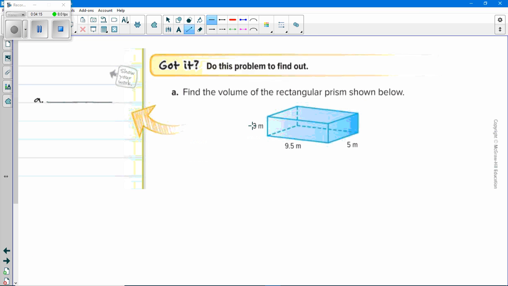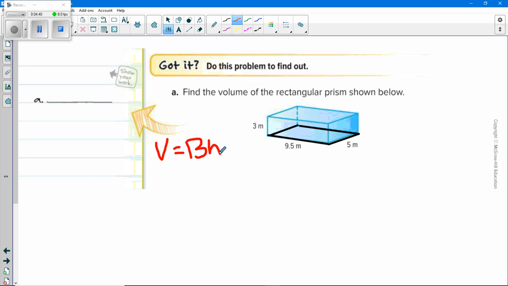I think we can figure this out. Find the volume of the rectangular prism shown. So, basically, easiest way, area of the base, right? That's what we're going to deal with. Area of the base first. All right? So we're going to go over here, and we're going to say volume equals the area of the base times the height. That's going to be 9.5 times 5. That's the area of the base right there. Okay, and 9.5 times 5,